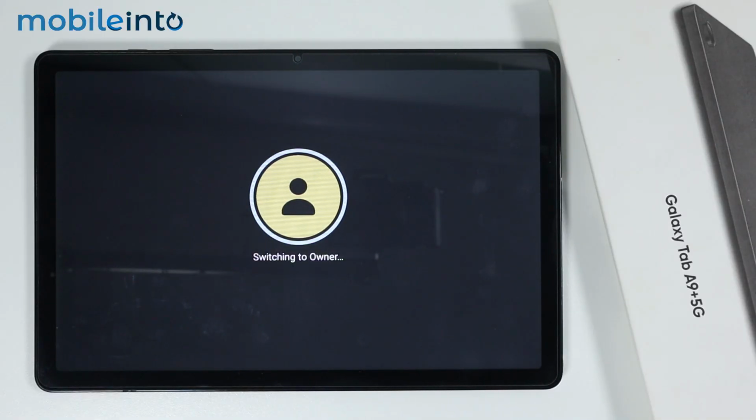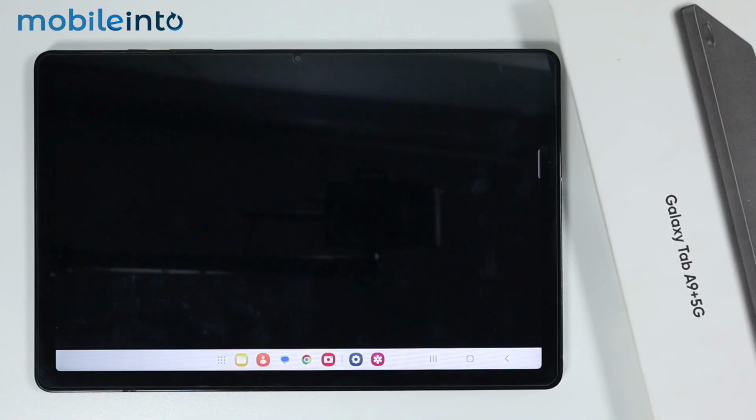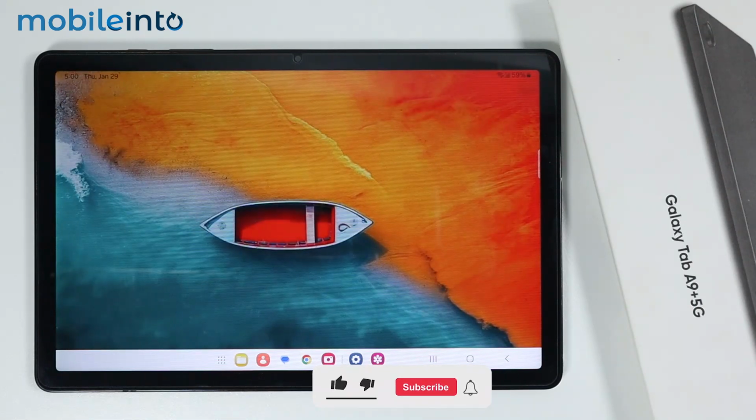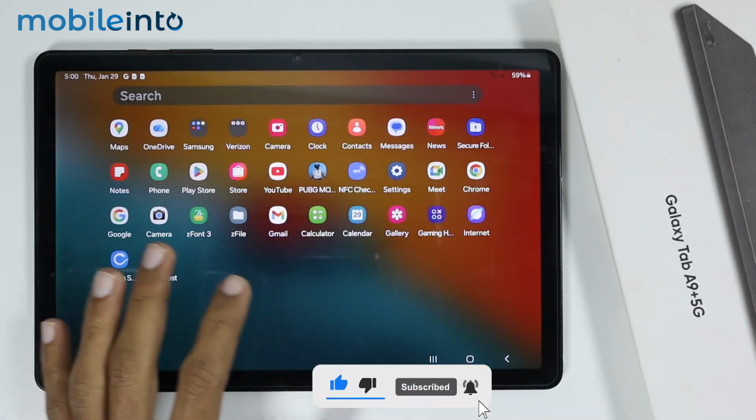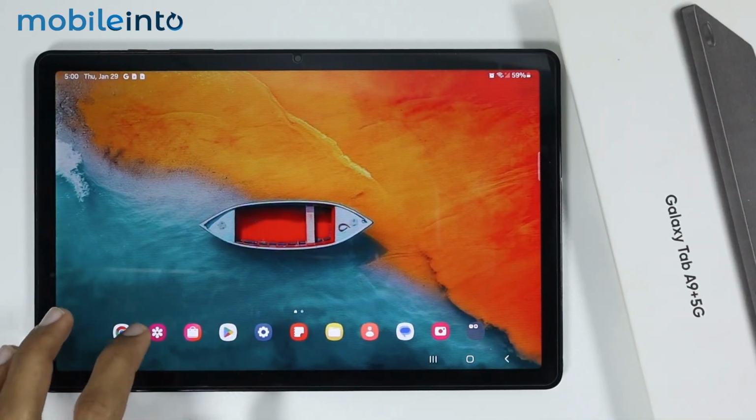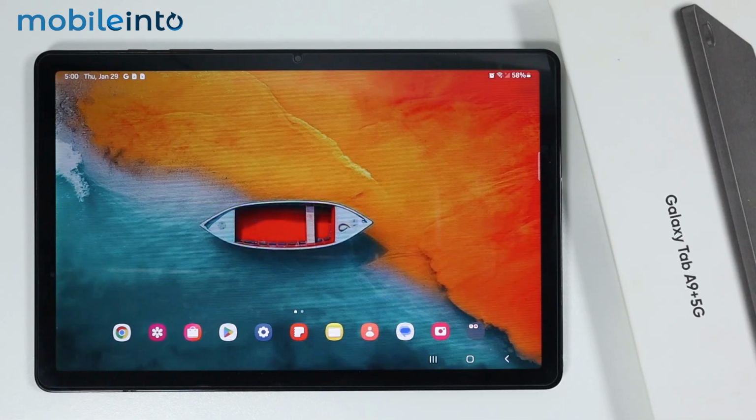Now just wait for a few seconds for your tablet to turn off guest mode and to open your own profile. Just like that. And as you can see, all our data has appeared again on our tablet. Just like that. And this is how you can turn on or turn off guest mode on the Galaxy Tab A9 or the